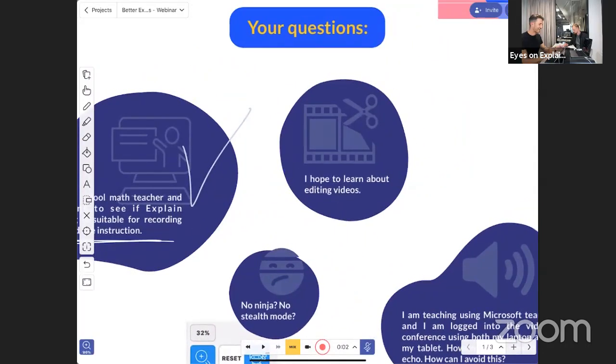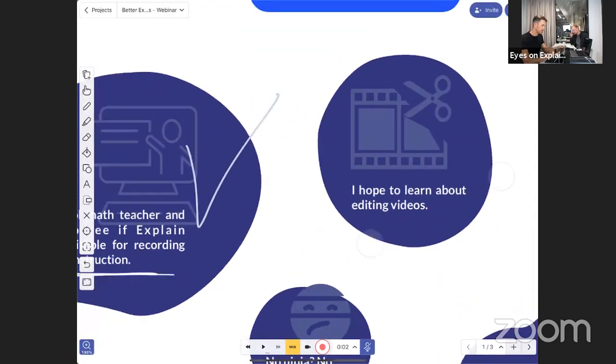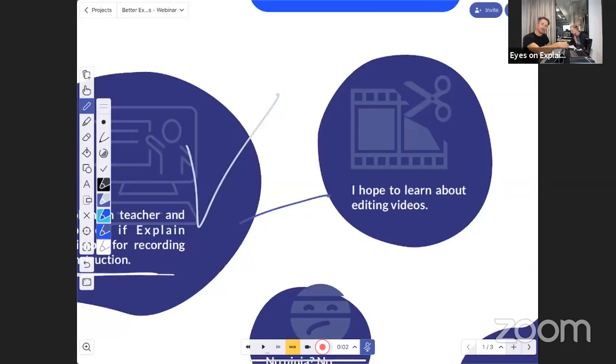And I guess this second question here is somehow connected with the first one. Right, because there are so many questions about editing recordings in Explain Everything. So there are very, very specific things that you might want to do. We're going to pick some from those you've posted here. I'll get to your question later, Chris, because it's a very specific one. So